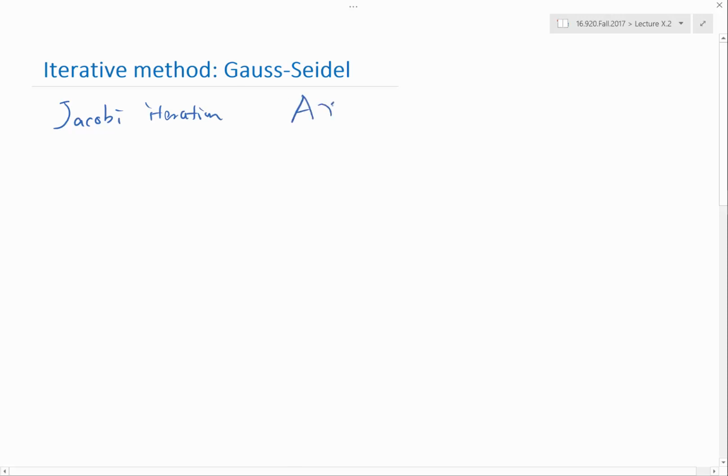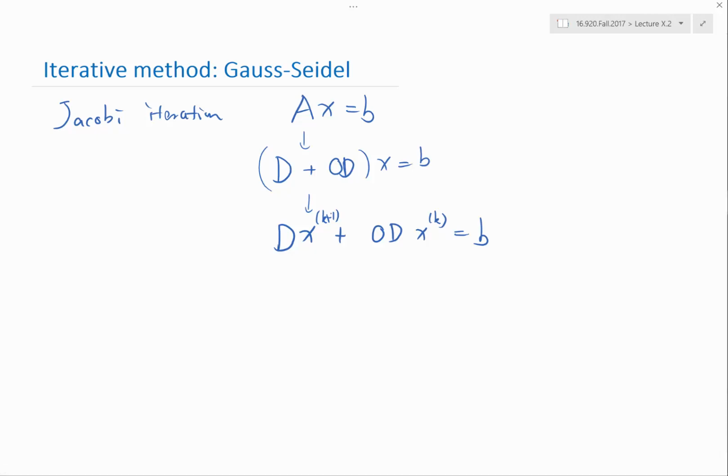Basically, if we solve AX equal to B, we split the matrix A into the diagonal component, let's say D, plus off-diagonal component times X equal to B. And if we don't know exactly what X is to start with, we are just going to split this diagonal component and the off-diagonal component and assign an index k onto the off-diagonal component and index k plus 1 on the diagonal component. Simply doing this, starting from an almost arbitrary initial guess,